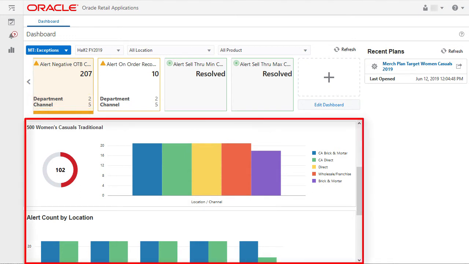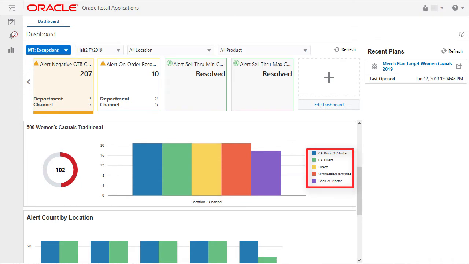Under the tile, I can see the graphs that represent these exceptions, each with their own legends. These panels with the larger charts represent a subclass, and the donut chart shows the count and how much of the subclass this count constitutes. For example, I have a subclass of 207 items and 102 are alerted. I can see that nearly 50% of the donut is alerted, so I know how big of an impact that is to my business.